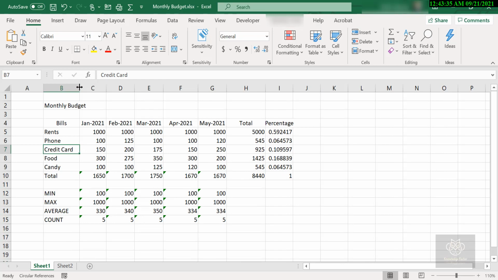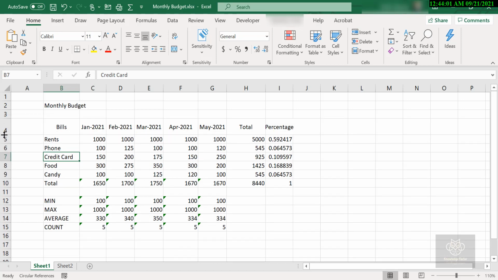You can do the same thing with rows. If I want to increase the height or decrease the height, I can go in between two rows, maybe 4 and 5 here, and I'll grab that line and just drag it to increase or decrease the height of that row. That can be super useful, not just for revealing more content, but if you want to increase the height and color the background and do some formatting commands, it can look pretty good. It can also happen if you end up wrapping text or have a bigger paragraph of text, and you need to increase the width and height of that cell. You can do that right here.